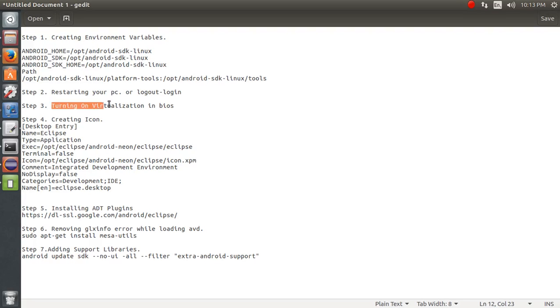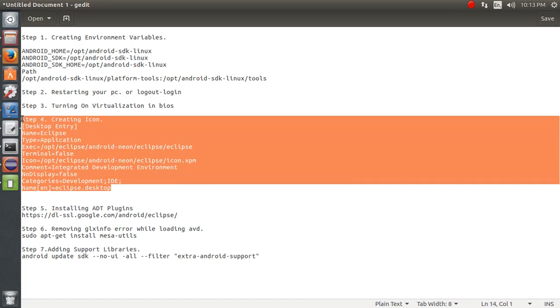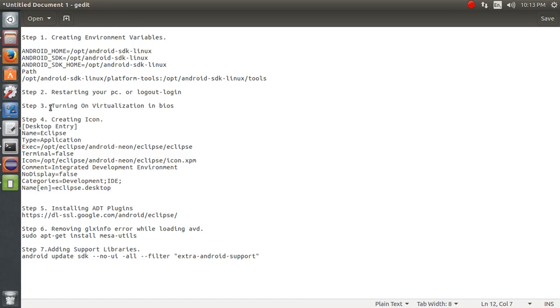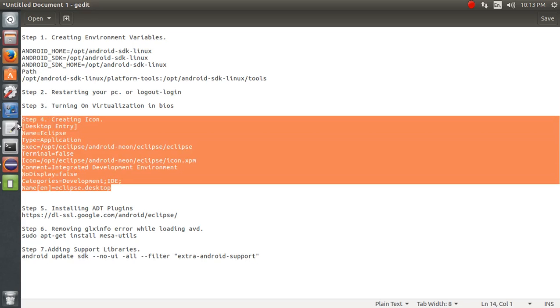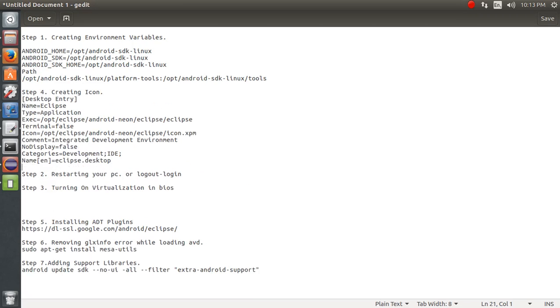The fourth step is creating your icon, fine, after coming back. I think this should be the third step and this should be the fourth step. Before logging out, this should be the second step actually, so that the entire icon also gets affected. And this should be the second step, this should be the third step, this should be the fourth step, and then